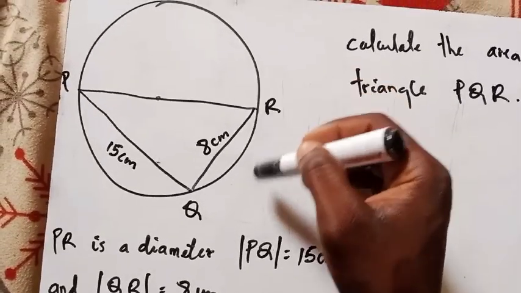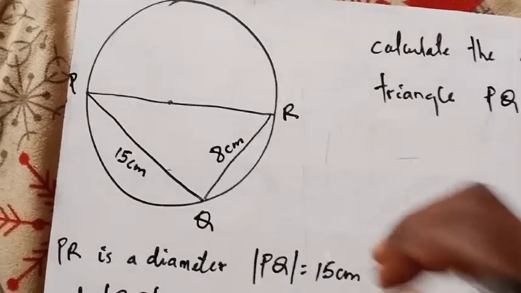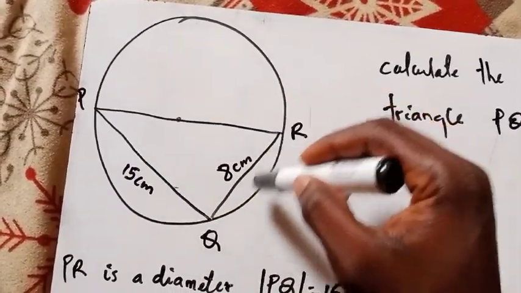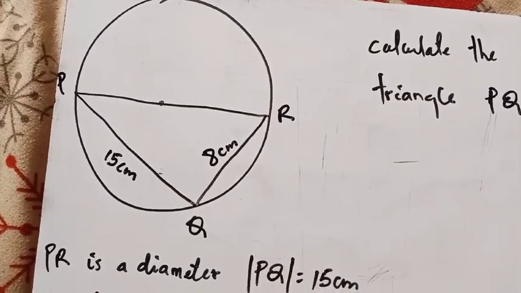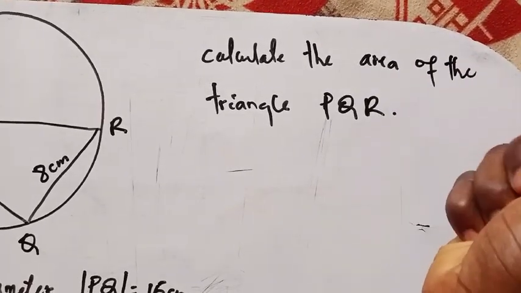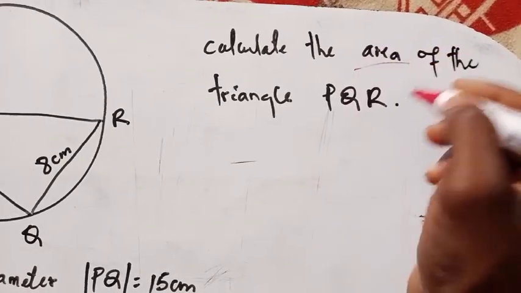We have this diagram. According to this diagram, that is a circle, right? So this one is a circle, and then there's another one inside the circle. That is what we call a triangle. Now, this is what the question is asking. So we should find the area. That is the key there, right? So the area of triangle